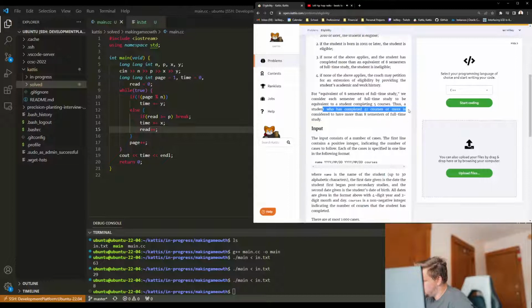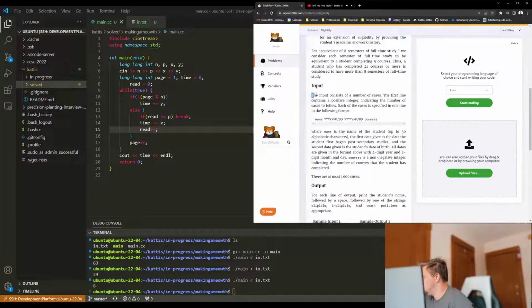Thus, a student who's completed 41 courses is considered at more than 8 semesters. Okay. The input consists of a number of cases. The first line is a positive integer, and each of the cases is specified by a one-liner, the name